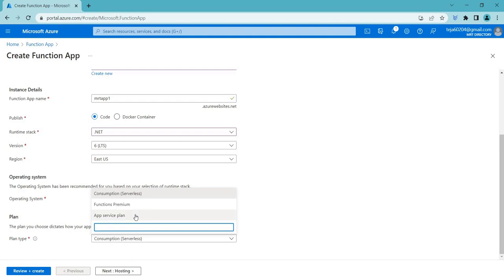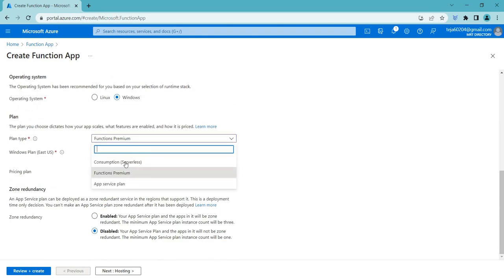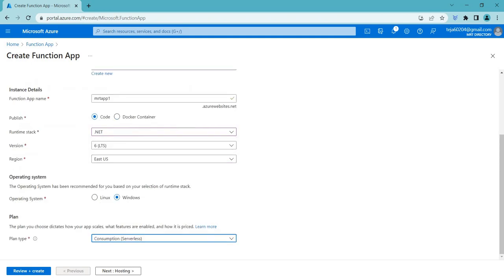So coming to the premium plan, it is designed for applications that require consistent and high performance computing. The plan provides dedicated compute resources, enabling faster execution time and larger memory allocation. So coming to the last one, which is app service plan, it is dedicated infrastructure for the application, offering more control and customization options. So the dedicated plan is ideal for applications that require high scale or advanced networking capabilities. When you select this, you can see you have other options as well. We'll not be selecting it, so we'll be going with the serverless option, and